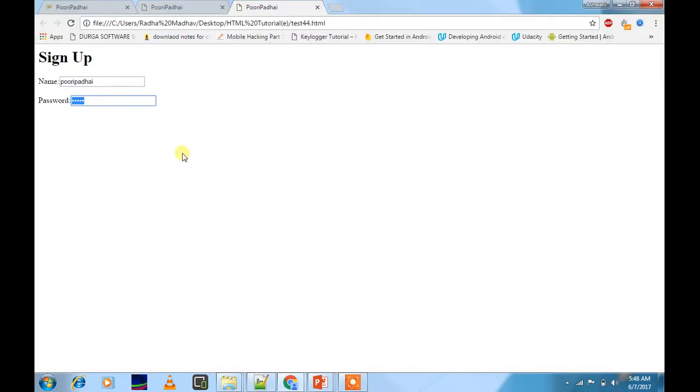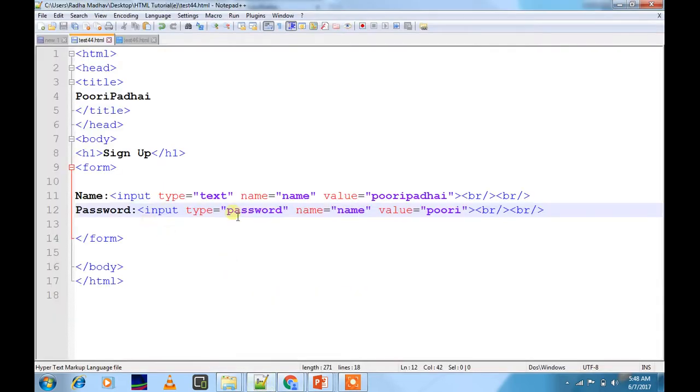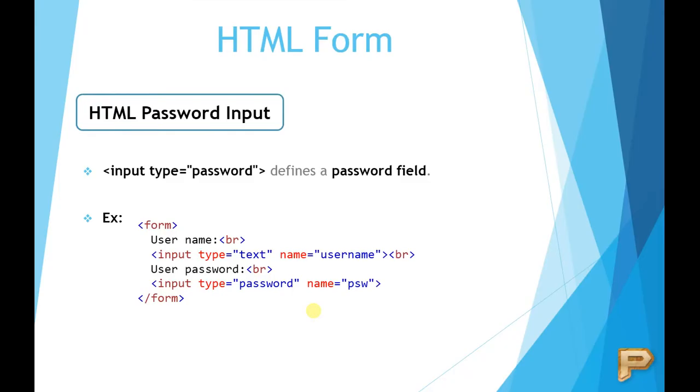You can remove this value, or you can write any other password if you want, like 23456. Now I am writing 23456, but you cannot see it. This happens only when you write input type password. So let's move forward. After seeing input type, we have known two things, how to take user input and